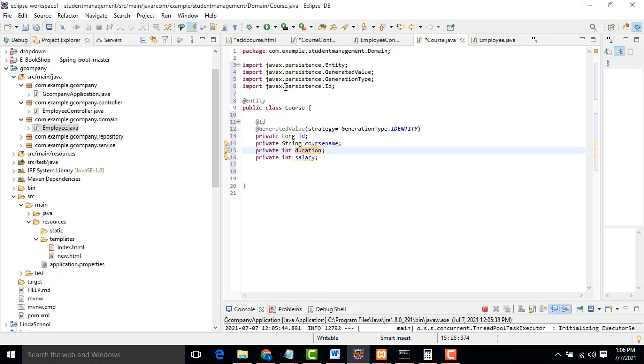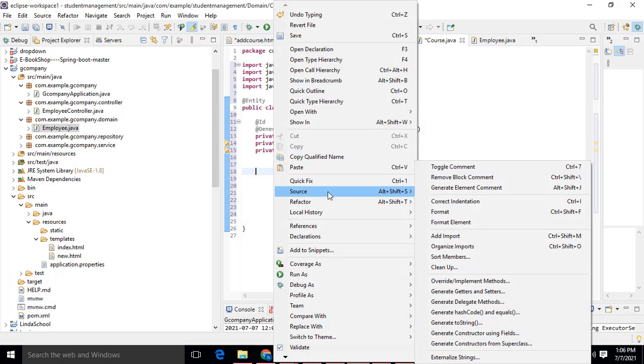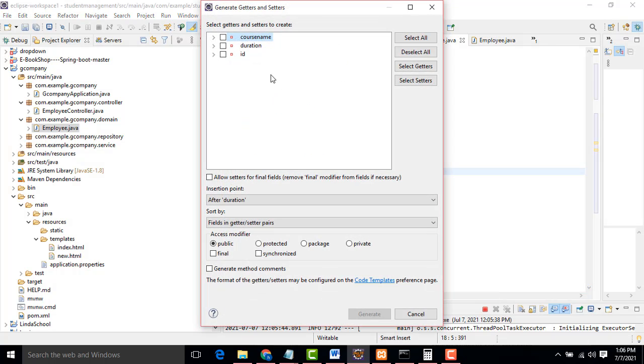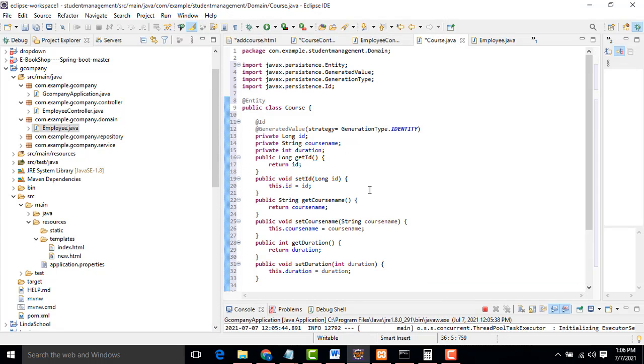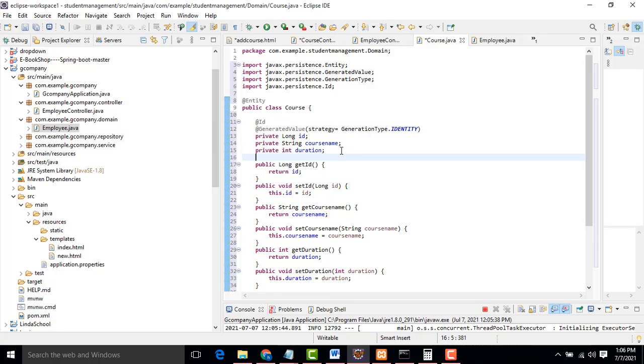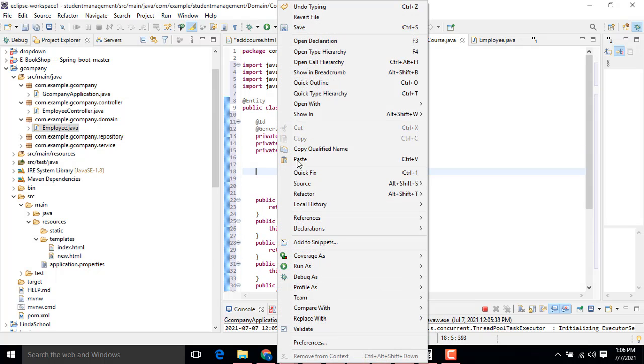You write like this. After that, what I did here is we have to set the right click, source, generate getter and setter methods, select all, generate. Okay, now after that what I am going to do is make the constructor. Right click,